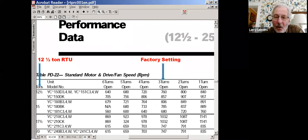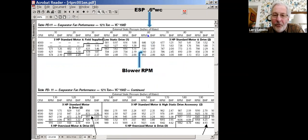All right, so if you look at the way a unit is shipped from the factory, on this 12.5-ton unit we're looking at, the pulleys come 3 turns open. So on that particular model, we know that the motor or the fan is turning at 760 RPM based on that chart. This chart comes with the unit. So at 3 turns open, 760 RPM, and a 0.6 static,